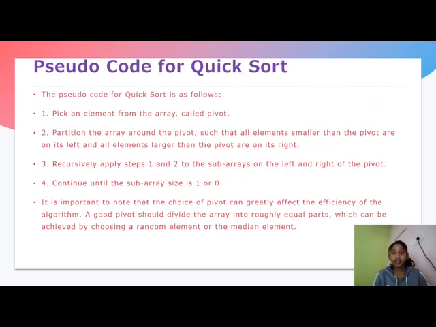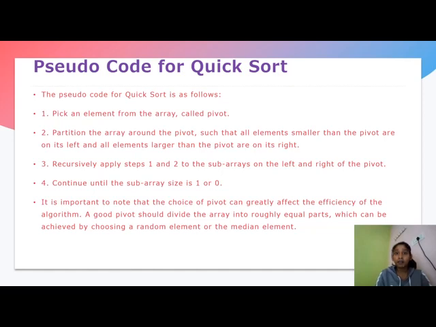Firstly, select the pivot element from the array or the list of elements. Secondly, partition the array into subarrays such that the elements greater than the pivot element will be on the right, and the elements smaller than the pivot element will be on the left. Repeat step 1 and step 2 on the subarrays to the left and the right of the pivot element. Continue until the subarray size is 1 or 0. It is important to note that the choice of pivot can greatly affect the efficiency of the algorithm. A good pivot should divide the array into roughly equal parts, which can be achieved by choosing a random element